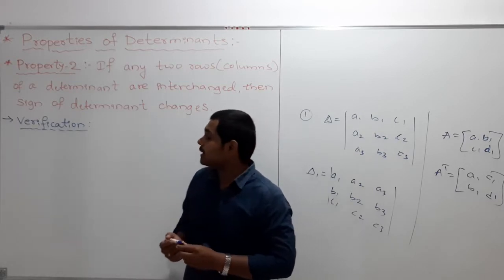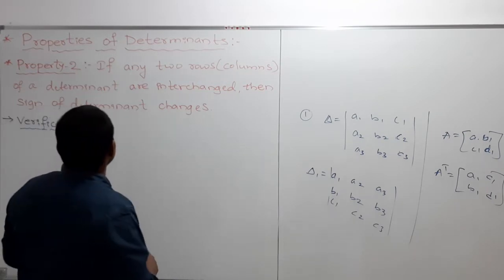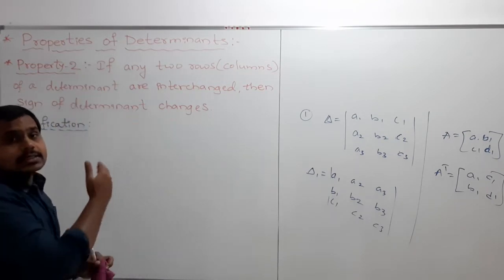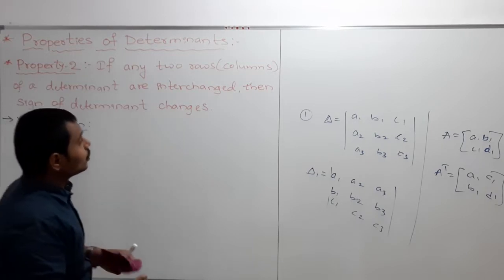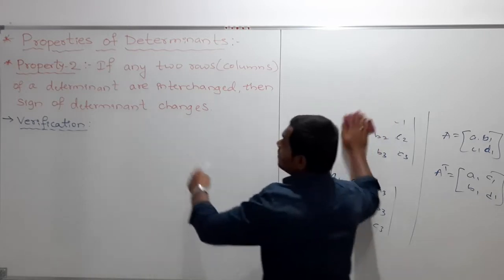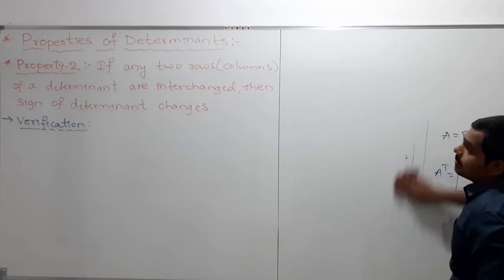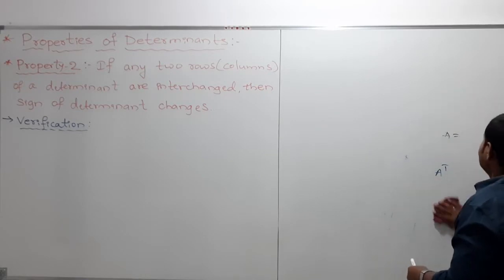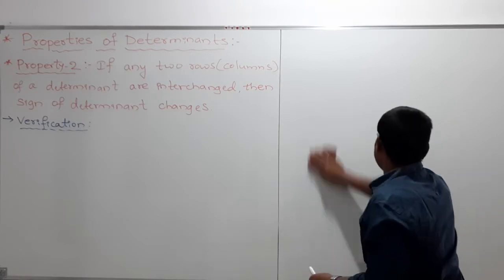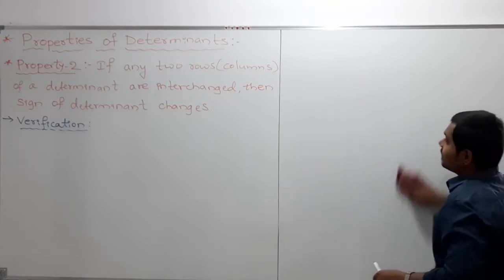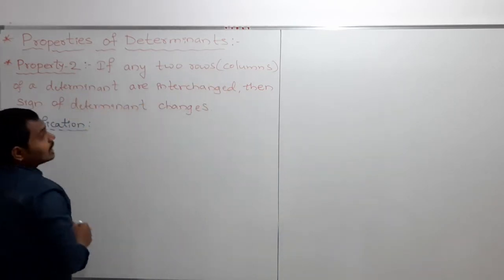So what is the second property then? Here, my dear students, in the second property we can see the statement I already wrote. What is that? If any two rows or columns of a determinant are interchanged, then the sign of the determinant changes. So first of all, I will tell the meaning of the statement. They have given that if any two rows or columns of a determinant